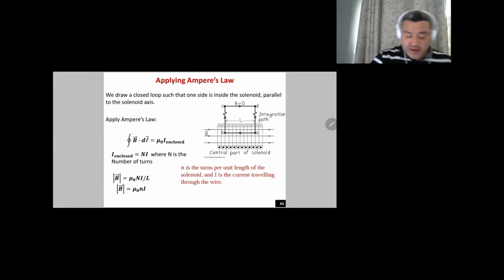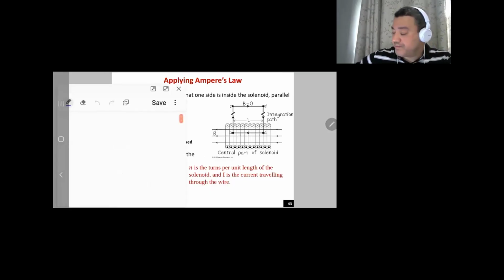Now let's apply Ampere's law on a solenoid and see how to apply Ampere's law to calculate the magnetic field for a solenoid. So in this solenoid, as you can see, we have the current entering from the top, leaving from the bottom. We have the path defined as a rectangular shape, and we need to apply Ampere's law to calculate the magnetic field in this case. So in this case, I will redraw